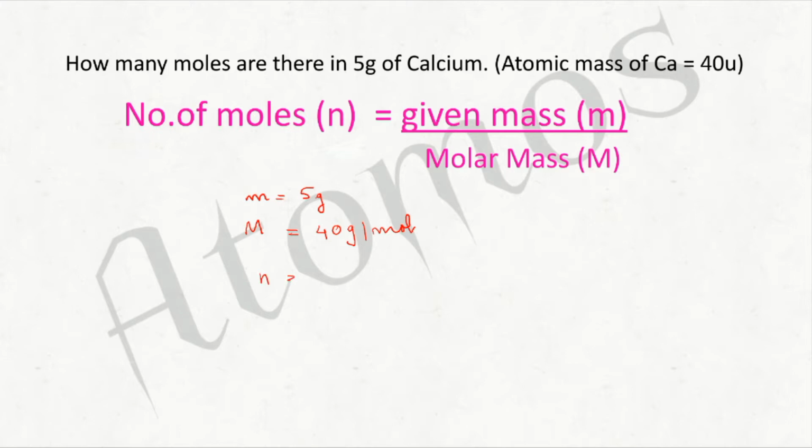So, n is equal to given mass divided by molar mass. Okay. Whenever you are doing the substitution, write the unit also along with it. Okay. Gram per mole. Right? Yes. Now, gram cancel and this mole will be going up. Okay. So, what will be your answer? That will be equal to 1 by 8 mole. If you are doing like this, you will never forget to put the unit also. Okay. Yes. So, what's the answer? Number of moles present in 5 grams of calcium will be 1 by 8 mole.